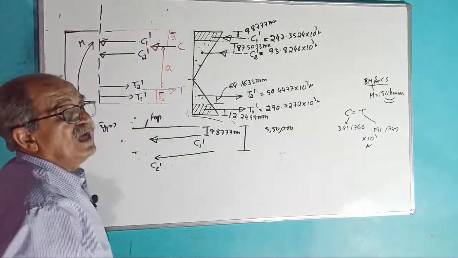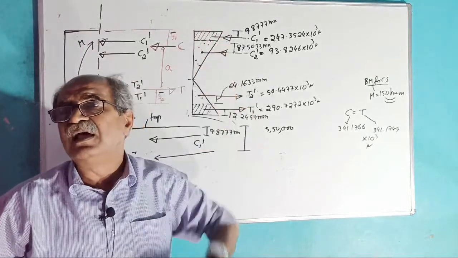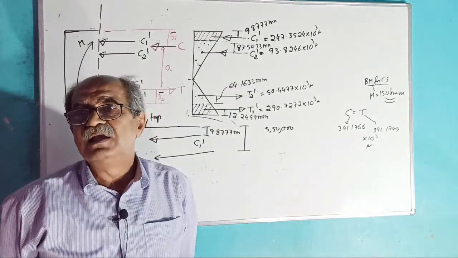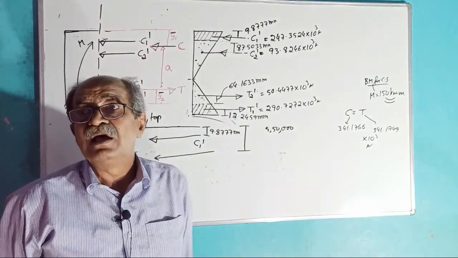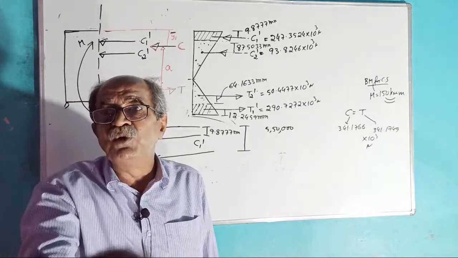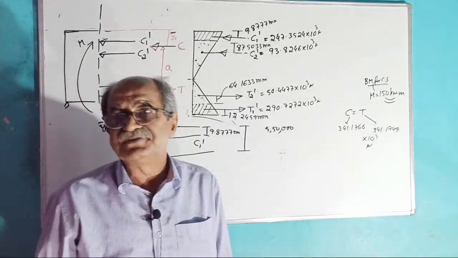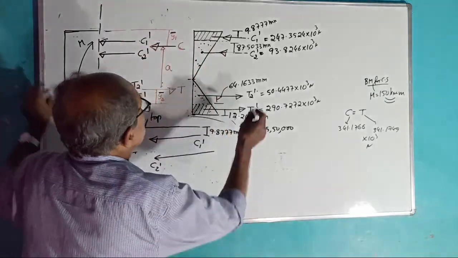See, in RCC, it is x by 3 for working stress method and 0.42 XU for limit state method. If you know RCC, some will tell, sir, yes sir, same thing you do RCC. Yes, that is why I am doing this one. For those who want to learn the basic concept of structural engineering, for their sake I am doing it. Tell me this answer. Remember now,